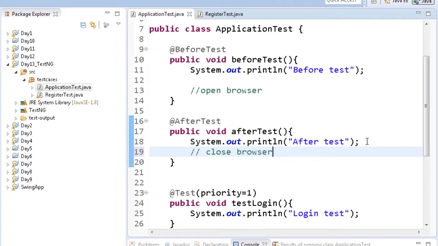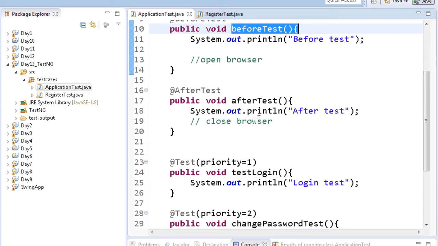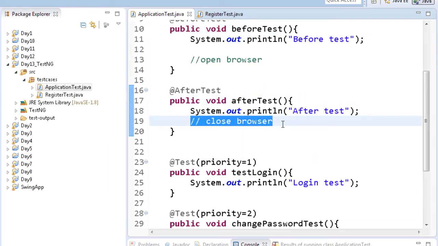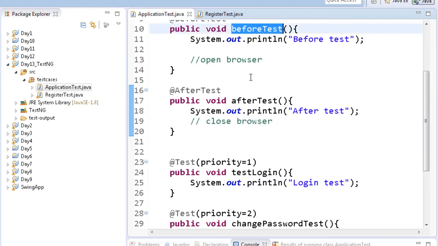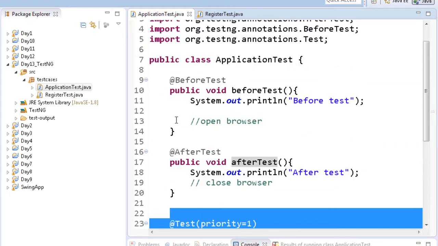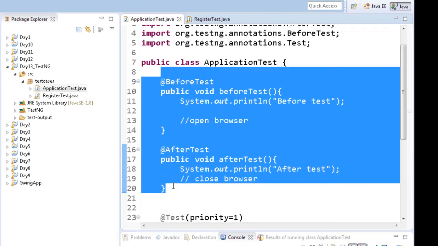Or if you want to connect to a database, in the before test you can connect to the database. In the test cases you can use that. In after test you can close the connection to the database. So various pre and post test activities before executing all the test cases, you can do with these 2 annotations.